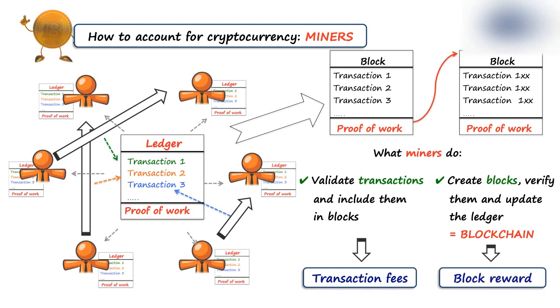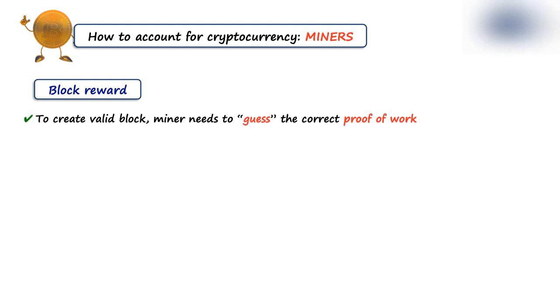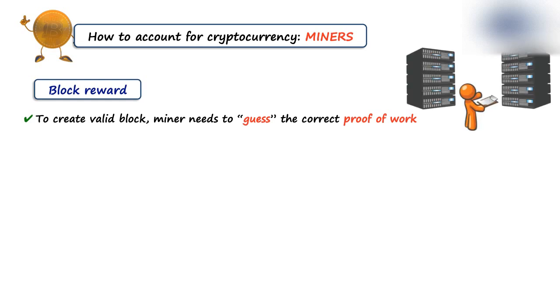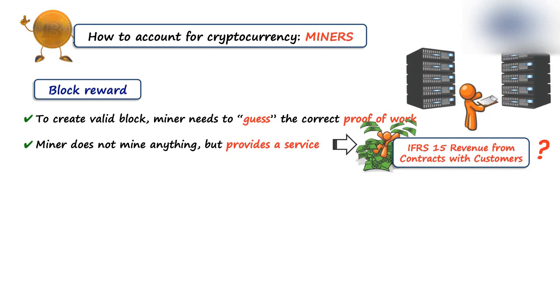So let's try to come up with the appropriate accounting for these rewards, and let's start with the block reward. To create a valid block, the miner needs to literally guess the hash or the proof of work. It is not possible to derive it, just to guess it by trying and failing, and one out of many attempts is successful. It requires a lot of computational strength and resources. In fact, from what I have just explained about the functioning, you see that the miner is not mining, but providing a service. So we may think that IFRS 15, revenue from contracts with customers, applies here to account for the